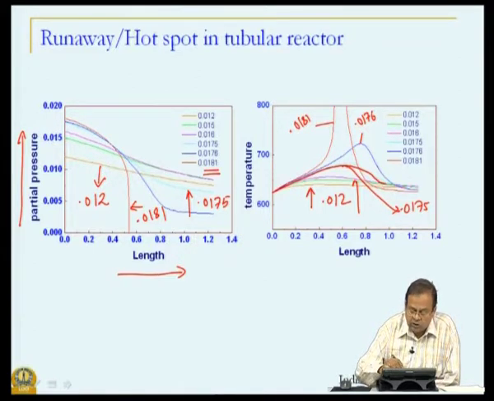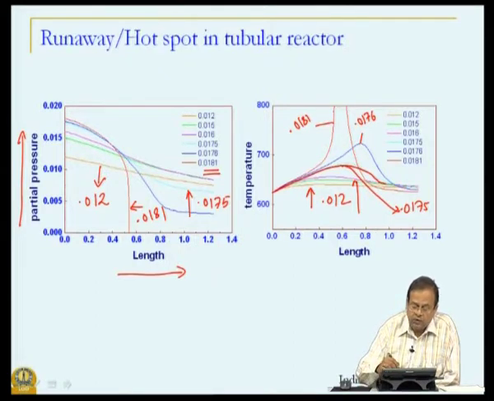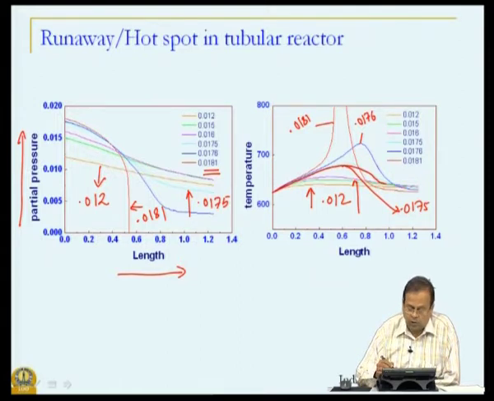These are the temperatures which are actually now overshooting this scale. That means a very high temperature, in excess of 300 to 400 K increase. And what happens then is that you have a hot spot, and this is the phenomenon I was referring to. The slope of this curve is almost infinity at this particular location.